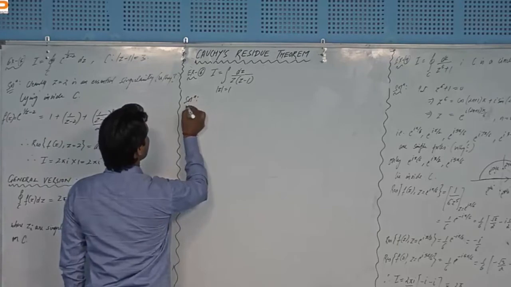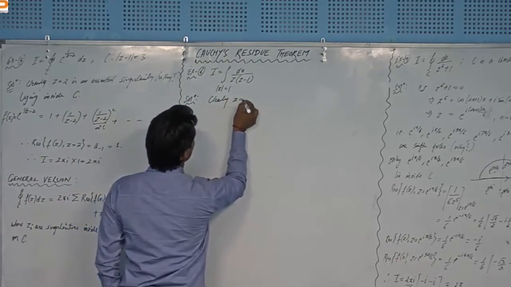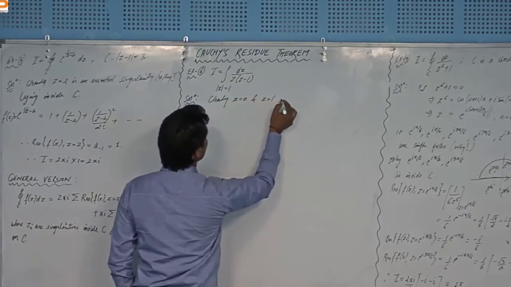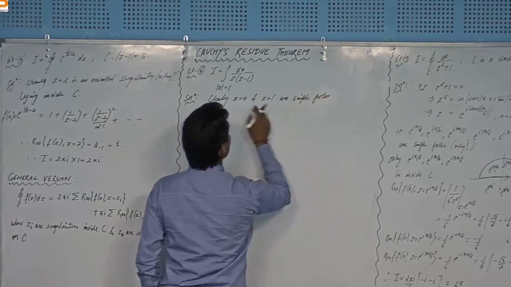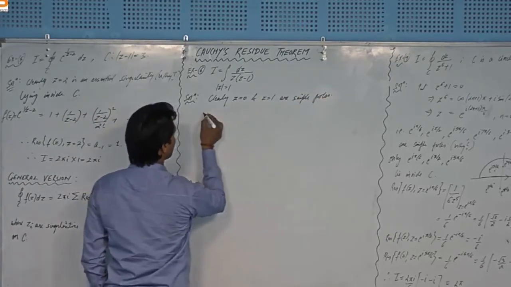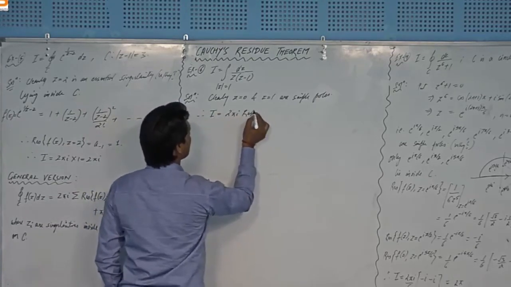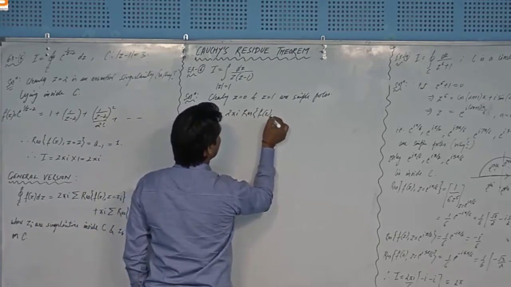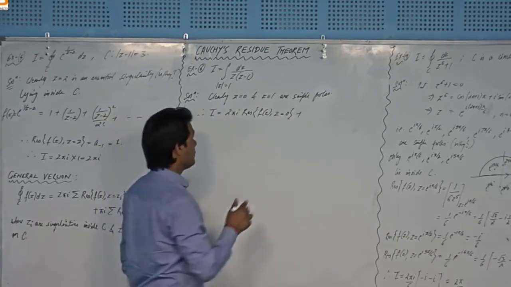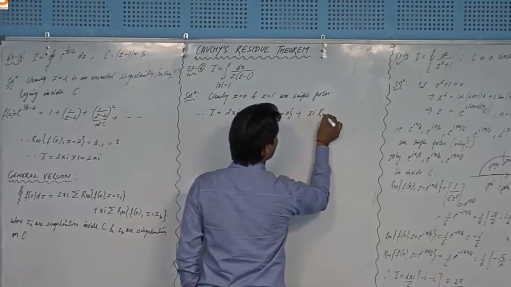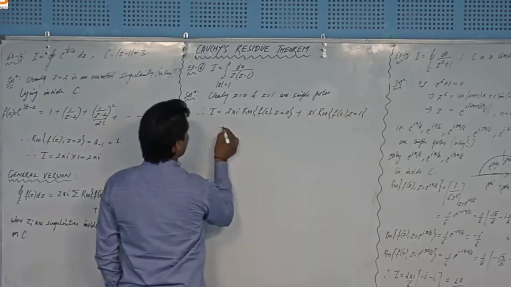Solution, rather I should write it directly, clearly. z equal to 0 and z equal to 1 are simple poles, right? And this is lying inside C and this is lying on C. So therefore, I equal to 2 pi i times the residue at z equal to 0, and for the pole lying on the boundary, we will add pi i times the residue of f(z) at z equal to 1, right? And the evaluation of